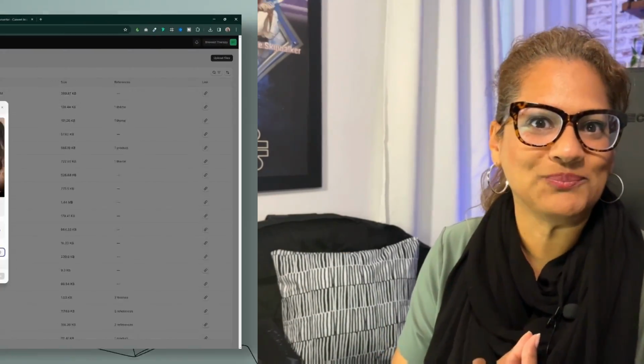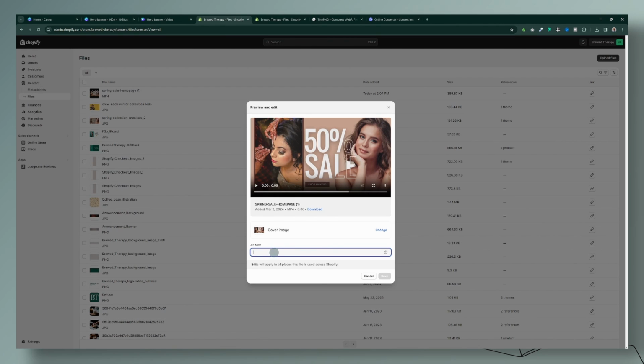So any images that are like illustrations, so maybe any patterns that you use as your background images, you don't need to add alt text to those, but you do need to add them to your logo and all of your product images, okay? So that's what the alt text is for, and it's really important. It's part of the SEO. So you want to add the information about what is in this video that is going to help anyone who comes to your website that is visually impaired, or when the image doesn't show up for whatever reason, the customer is using a browser where your video is not showing up,